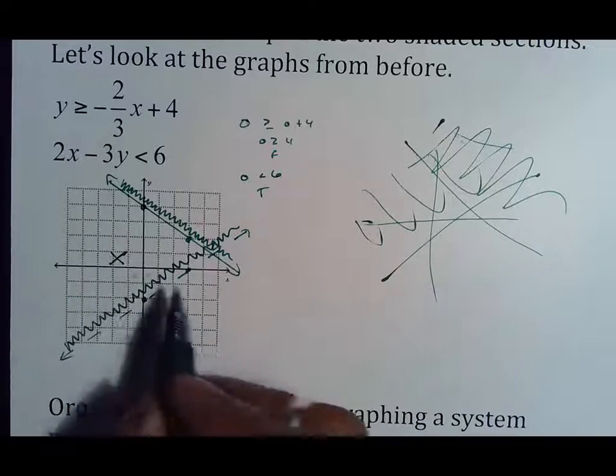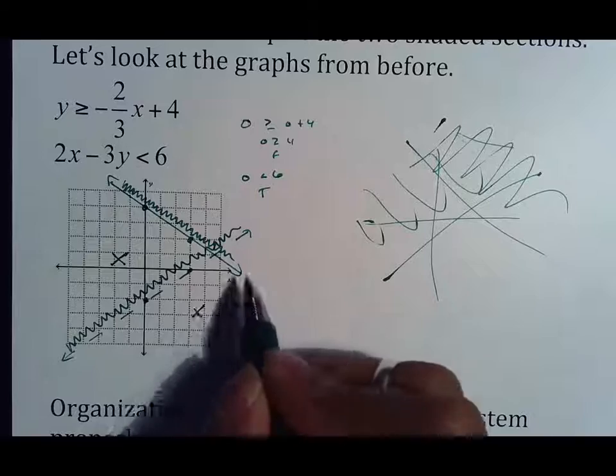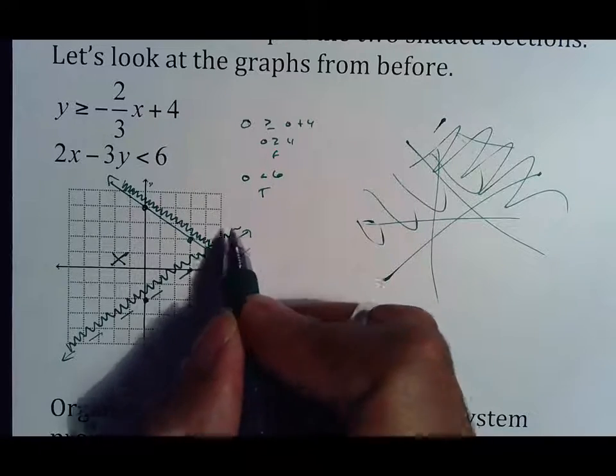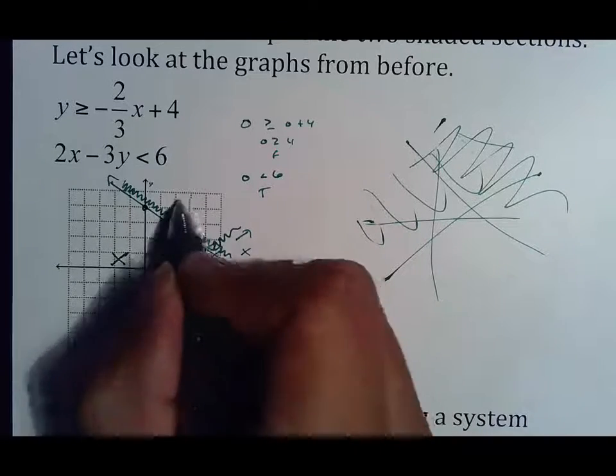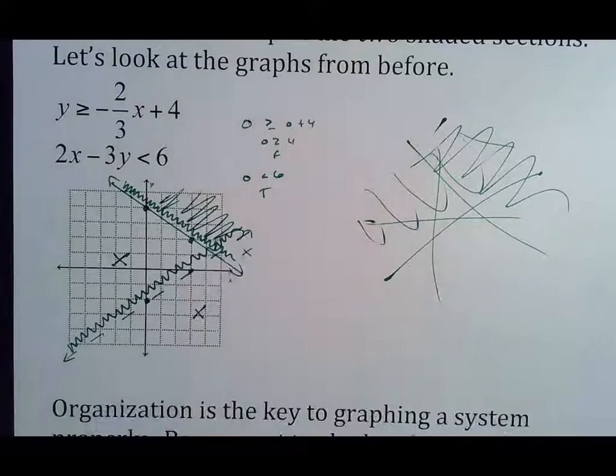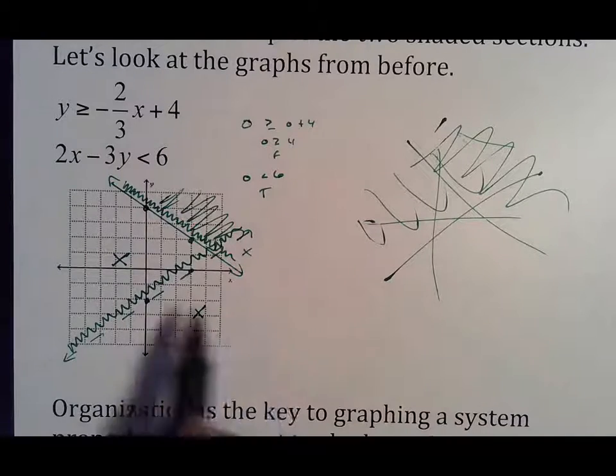So that's not it. No teeth, no teeth, nope. Over here, there's teeth but no teeth. The only one that has both sets of teeth is in here, so that would be the section that you would shade. Now on your computer program, you're going to have things that say top, bottom, left, right,